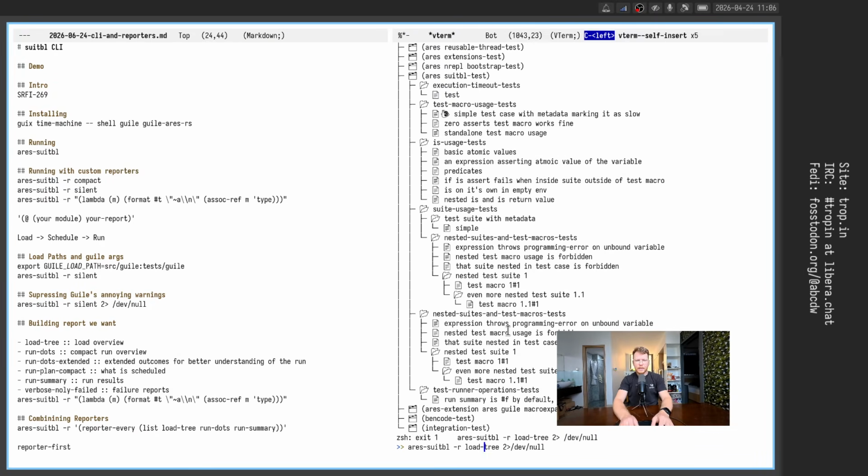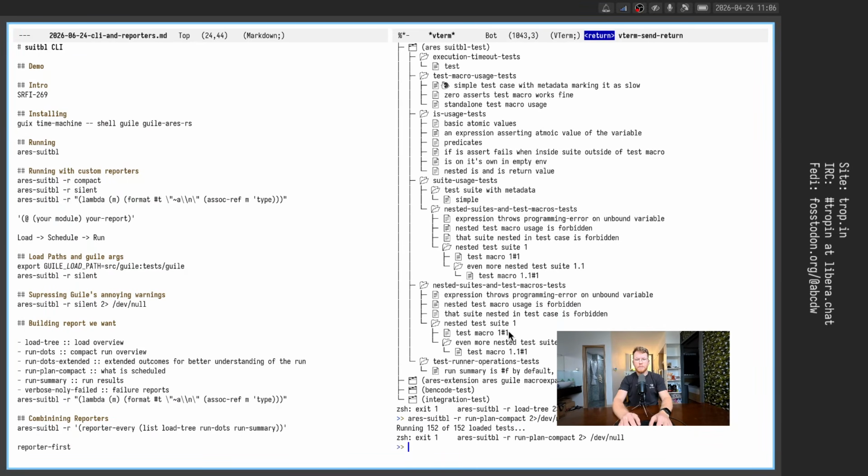For this, we can do the following trick. We can take a look at run plan, and we see that 152 tests out of 52 loaded tests are executed. Okay, and how does the execution go? For this, we can take a look at